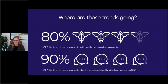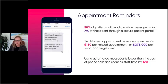That seems logical. So when we look at healthcare organizations and their use of mobile messaging, what's the most well-adopted use case today? Well, appointment reminders are definitely the big one that comes up in anybody's mind. It's the number one, I think, use case anywhere mobile messaging is being utilized in healthcare. So basically at this point, we're seeing it's become an industry best practice. And it's pretty easy to understand why. We're seeing with healthcare the same thing as any other industry, where mobile is so much more engaging, the response rates are so much higher. And then when it's implemented for something like appointment reminders, you see a huge reduction in missed appointments, and you get a lot more people